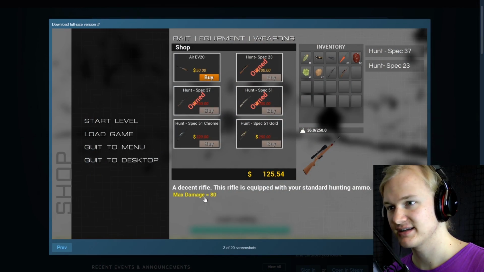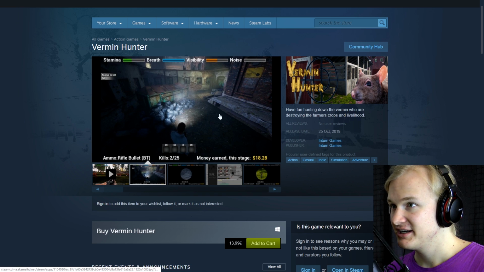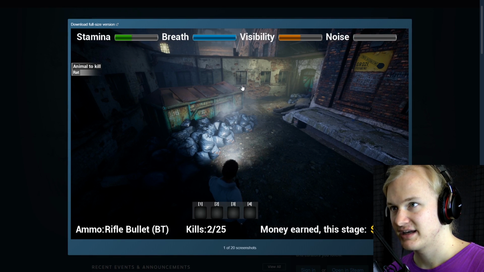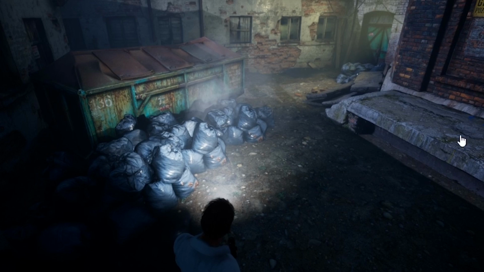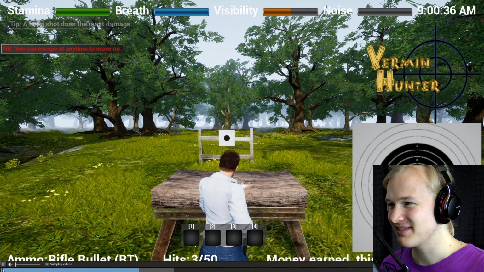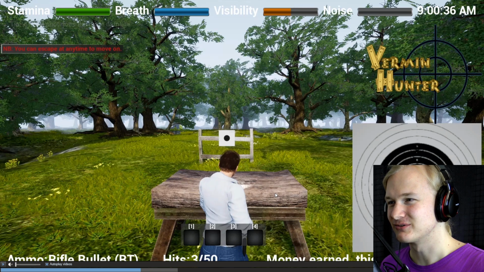Lean into your strengths. If you're not able to create nice looking UI, then just don't make a game that requires any UI. You clearly have some talent here, you can make some really nice looking 3D stuff as it seems. And you can see here the in-game graphic looks really good. Even if this is an asset flip, even if you took those assets from the asset store, honestly I don't care. If you can find a way to make your game look good, go for it. The in-game graphic is very well put together.